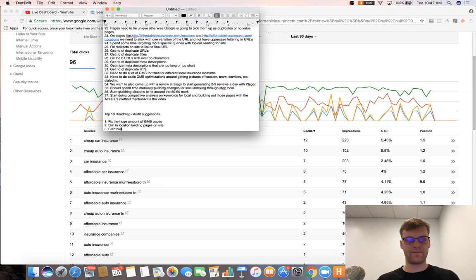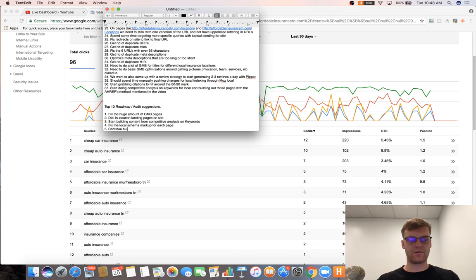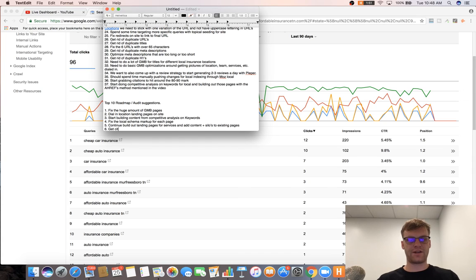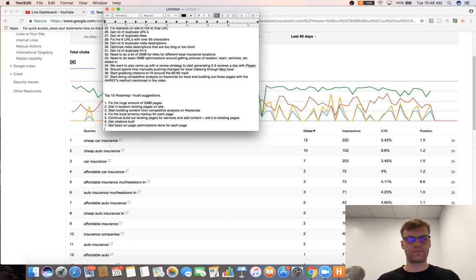Start building out content from competitive analysis on keywords. Fix the local schema markup for each page. Continue to build out landing pages for services and add content plus silos to existing pages. Get citations built. Get basic optimizations done, like the ones we mentioned,